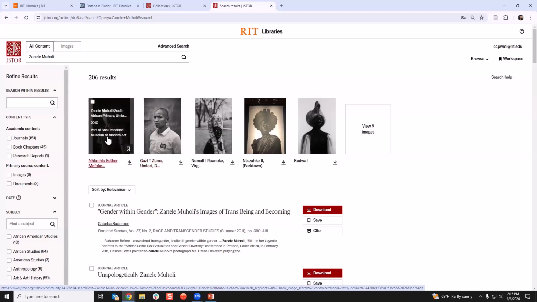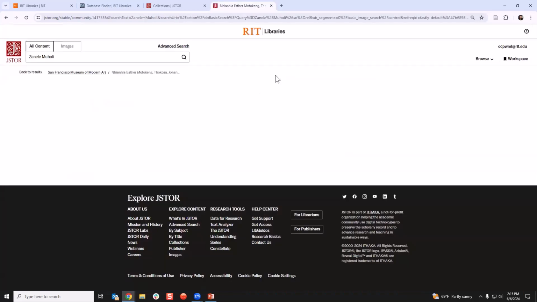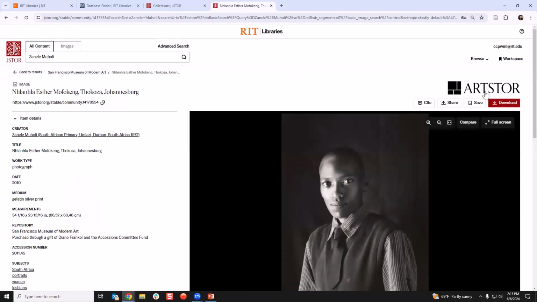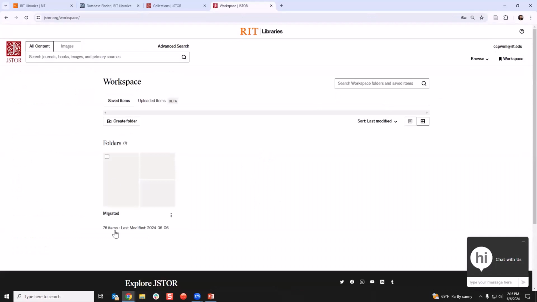The last thing I want to mention before we wrap up is that we talked about downloading and sharing and citing. You'll also see this save button on anything in JSTOR, be it an Artstor collection, a primary source document, whatever it is. Anyone can make an account, but make sure you make an account that lists your institution as RIT. I'm already logged in here, and you have what's called your workspace. I have things in my workspace that were migrated over from Artstor, but when you first make your account,